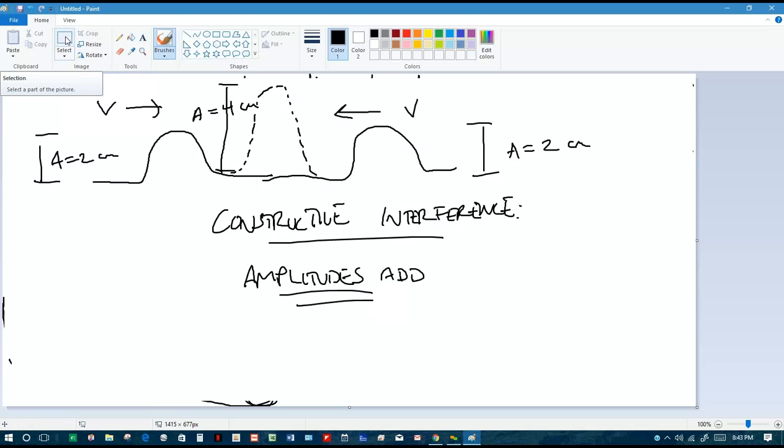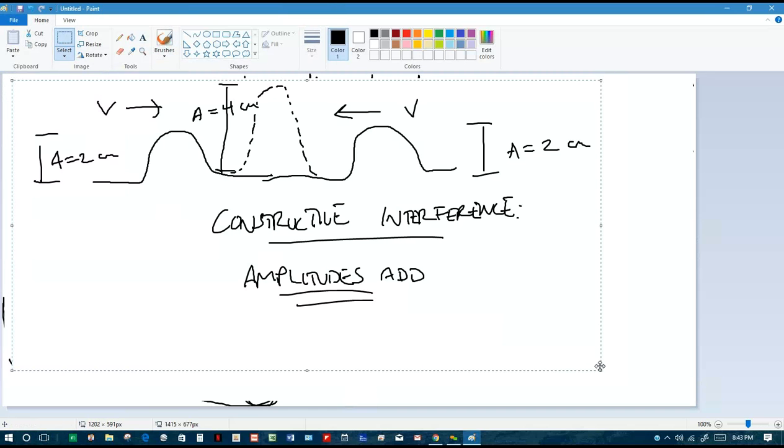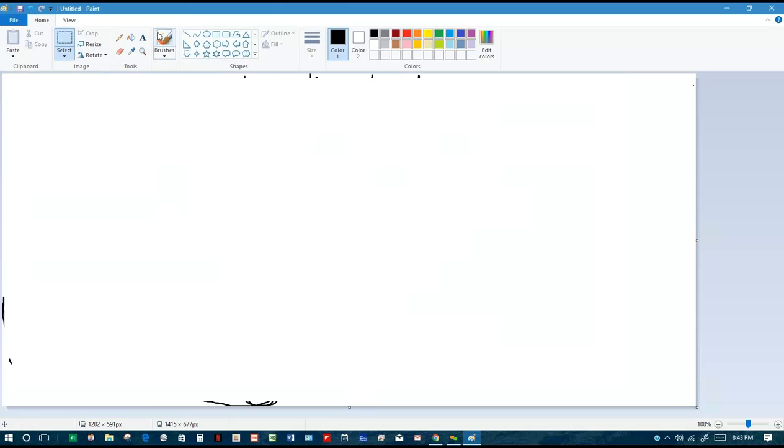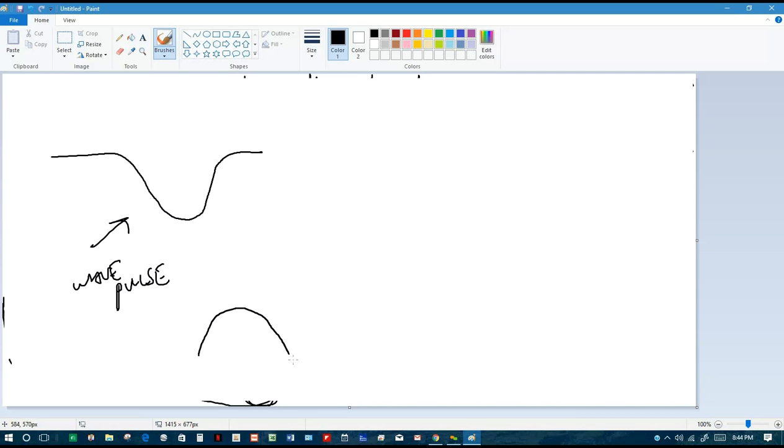On the other hand, what's called destructive interference is like the picture they're showing you in your book. You can have one that has a pulse. This is referred to also as a wave pulse. Notice that the wave pulse doesn't have the very full picture we've been talking about. It's only half. You see that? It's only half of it. And so you could have one wave and then another wave,